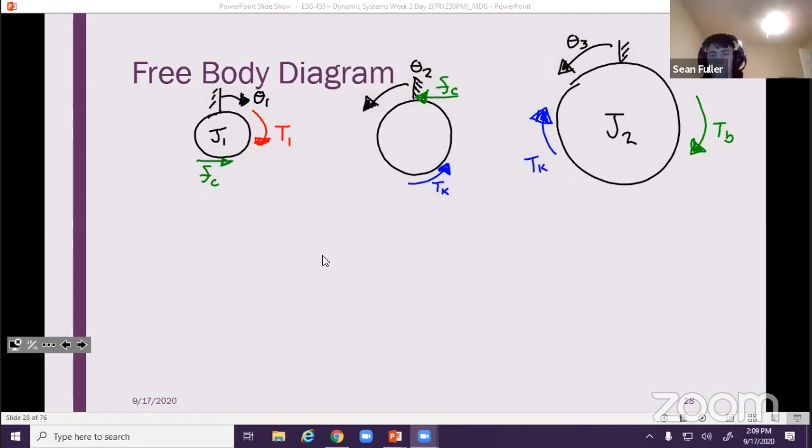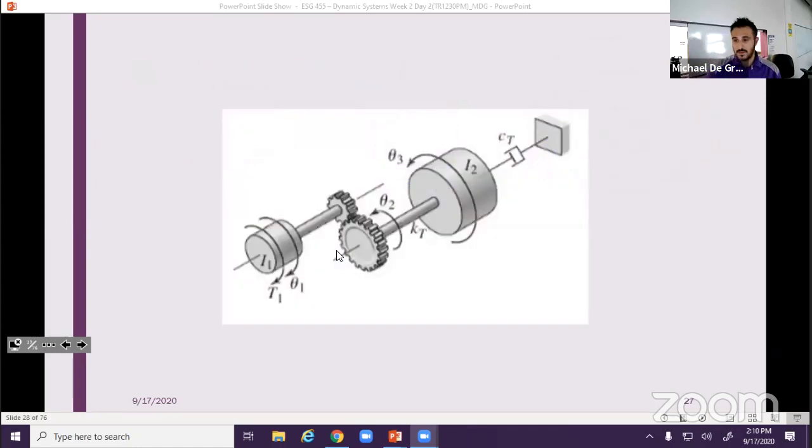we can create an equivalent system. Now, why would we want to create an equivalent system? Well, analyzing 3 free body diagrams isn't that big of a pain in the butt. But what if this was a more complex system, and you had 5, 7, 10 free body diagrams that you had to analyze and write equations for? That becomes tedious. So what I'm going to show you how to do,